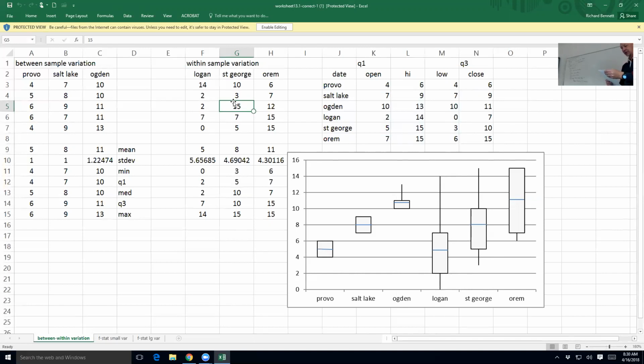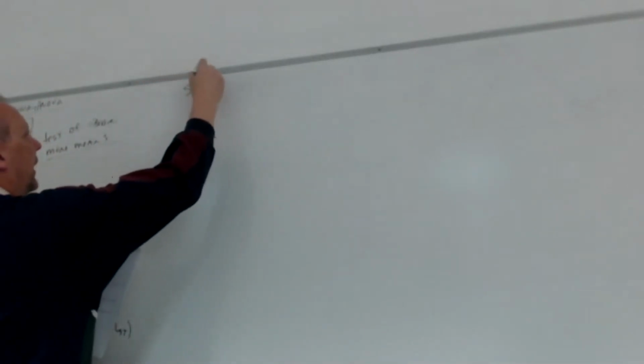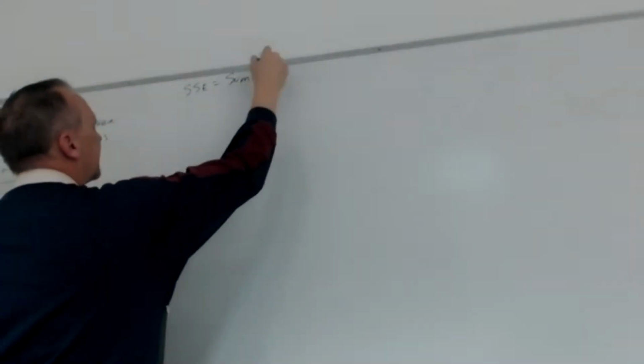So let's bring up some terms. All right. So this one, you're going to be really glad I didn't put this on the last test, because this is very computationally intensive. Okay, so let's bring up some terms that we're going to have to use. One of them is called the SSE. Okay, the SSE stands for the sum of squares